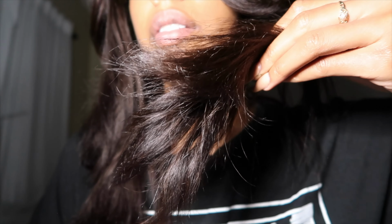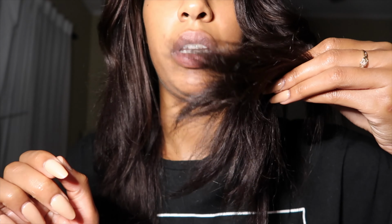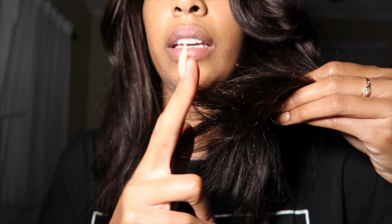Hair needs a trim again. Look at it. Let's see. I feel like I just trimmed these like last month. I think I did my hair last month, and I feel like I just trimmed this. It's not that bad, but I'm definitely gonna trim it in a minute. My hair feels great. It feels healthy, which I'm kind of shocked because sometimes when I have the braids in or protective style, my hair be feeling crazy or really thin or strawy. I don't know. And sometimes when I dye it, it feels strawy and dry. But